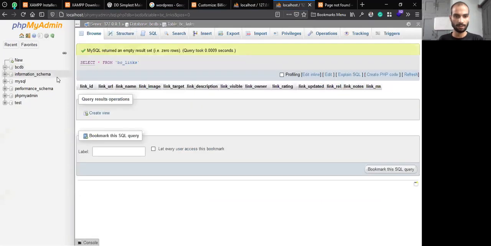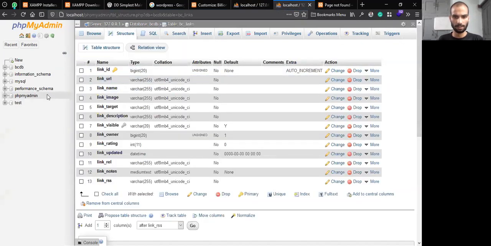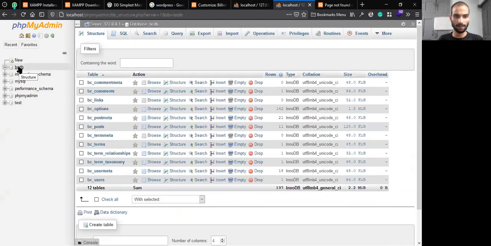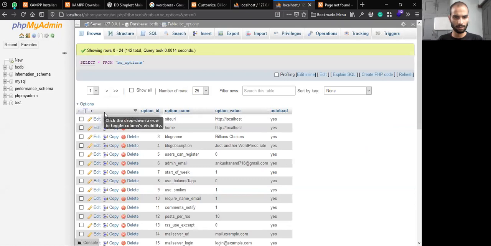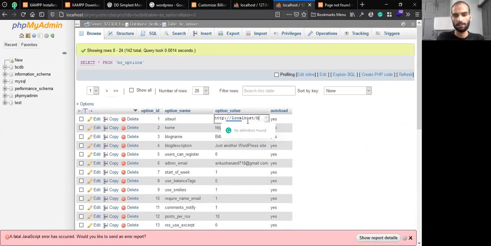So for now, I will just change the details. Here is the database BCDB. You can see there are a few tables here, and I feel this is the table that you have to change. So here you have to change the folder as well.